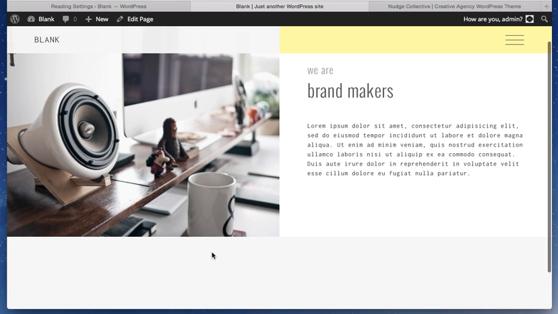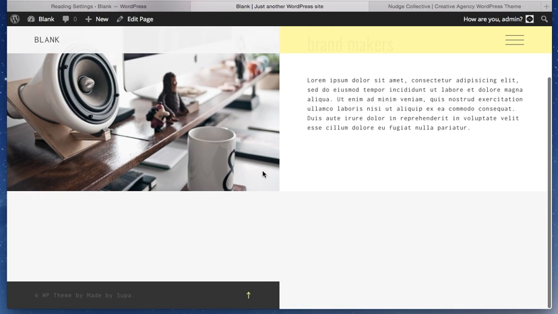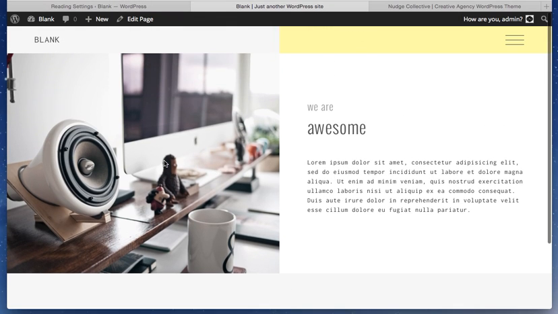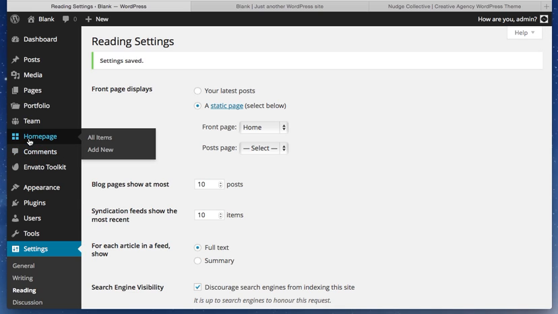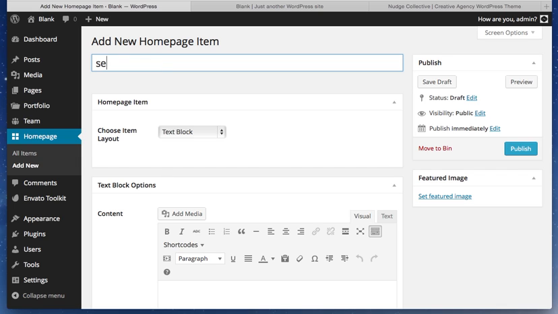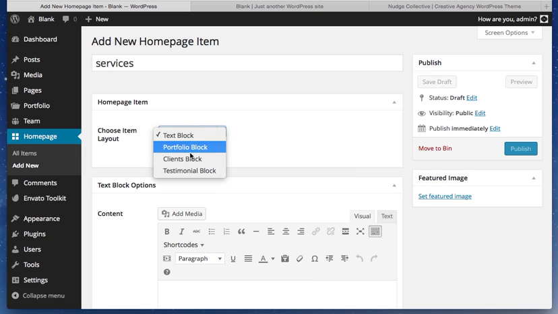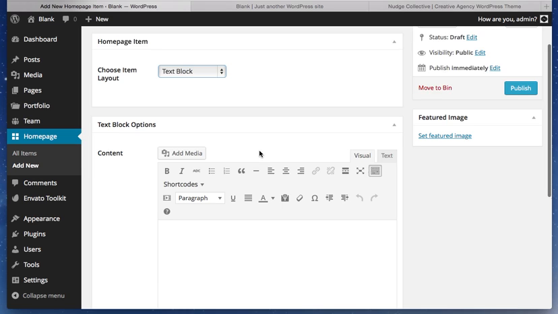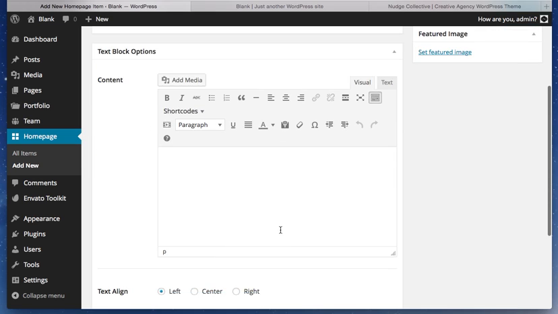Now what we need to do is add our home page items, which will appear under our intro block. So back to our dashboard, and we're going to click on home page, add new. I'm going to give it a title, so let's put services. We've got 4 options to choose from: text block, portfolio, clients, and testimonial. Text block is just the default block, very similar to what we've done for the home page. We're just going to put in some